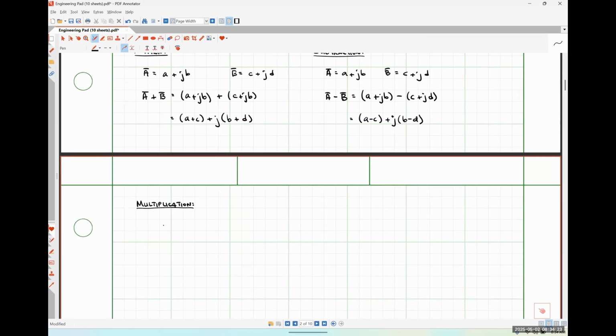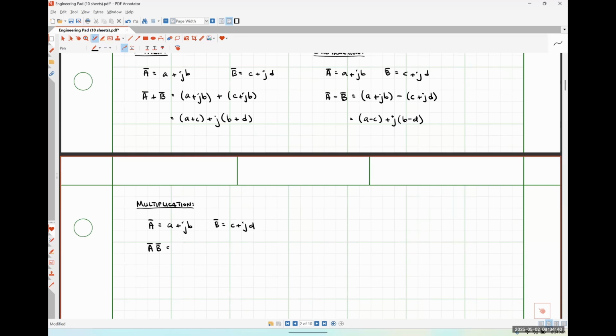Once again, starting with my basic complex numbers, A is equal to A plus JB, and B is equal to C plus JD. If I want to multiply A times B,